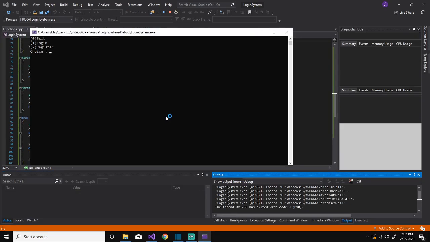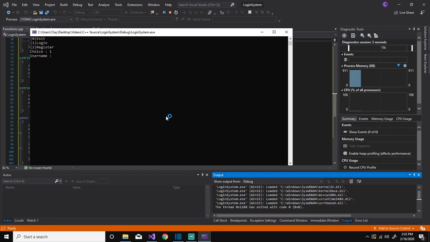Okay, here we are. Let's try to log in. Name is Boise, password is password, and it says you're in, system pause, and then a clear screen. So that's good. Let's try register. Boise, and then, sorry, that name's taken, system pause, clear screen, and then we'll register a new one just to make sure. Boise 4, and then password, and it logs it,